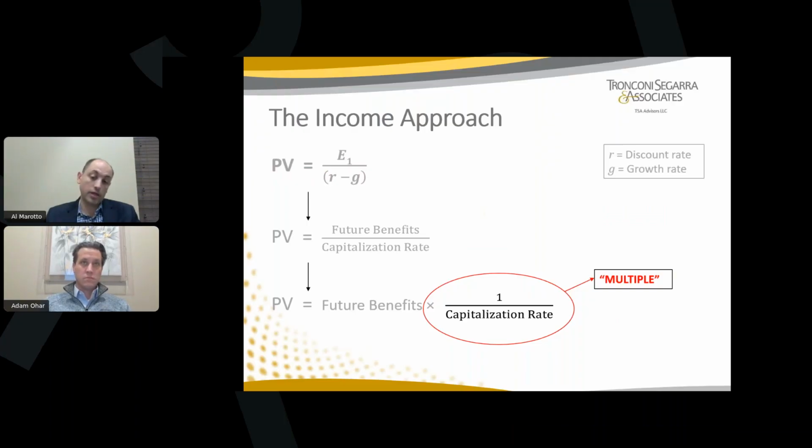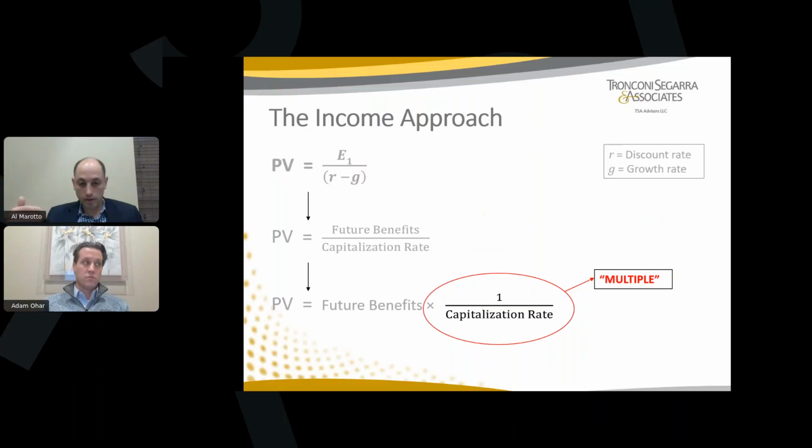And I'm sure if you've done research, for the 70% of you out there who haven't had a valuation done but may be interested in what your business is worth, you may have done some Google searches or looked at some industry periodicals, and you see certain multiples that are assigned to your industry. You may see a 4 times EBITDA, or a 3 times SDE, seller discretionary earnings, or a 3.5 times cash flows. So that's your multiple. Your multiple is 4, 3, 3.5, which you can also restate as 1 over a capitalization rate.